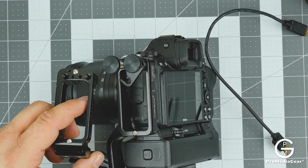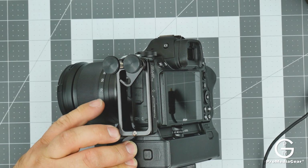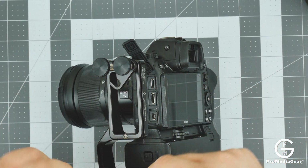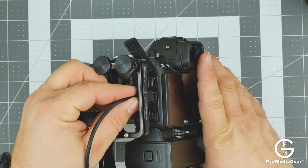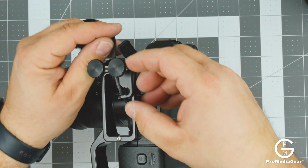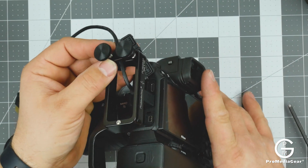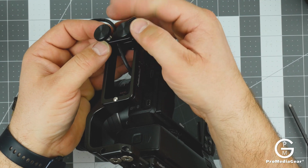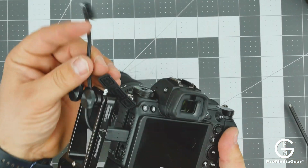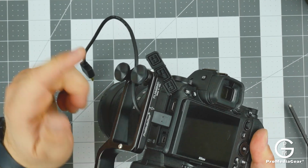So these two are very similar actually. So with the port protector, you find a port you want protecting. I can always extend this a little bit. So if we're going to use the mini HDMI cable, so we plug that in. Can you see that fine? And then you can just loop it through here and secure it with this. Okay, can you see that clearly? So this is how we use the port protector. Yeah, that's it. So this would kind of reduce possibilities of any snags damaging the insides, because it very nicely